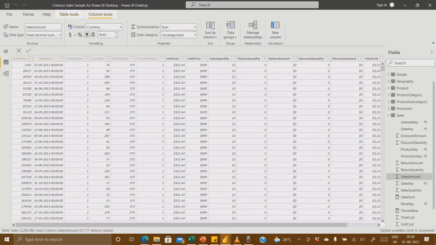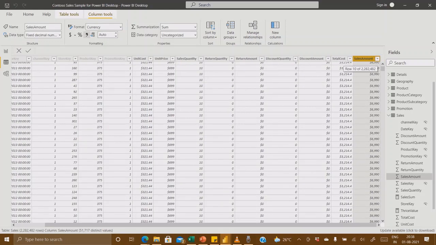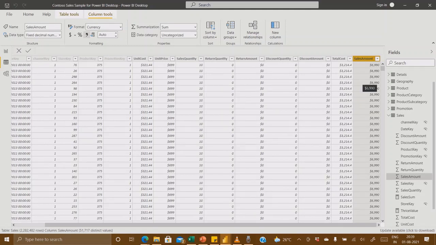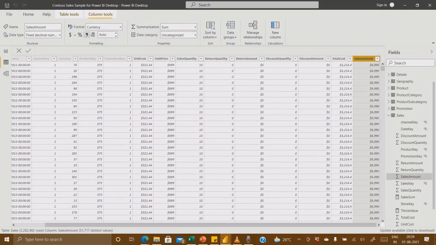For the combination of sales key, date key, channel key, store key, product key, and promotion key, we have a single row. So these are the filters getting applied to our data, and the granularity of data is at this level in this table.